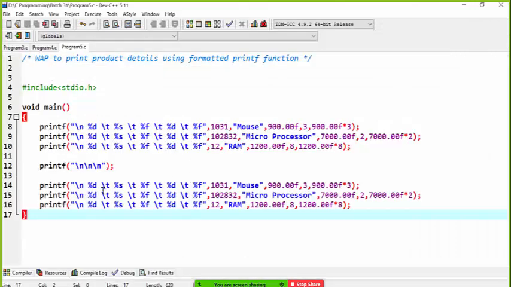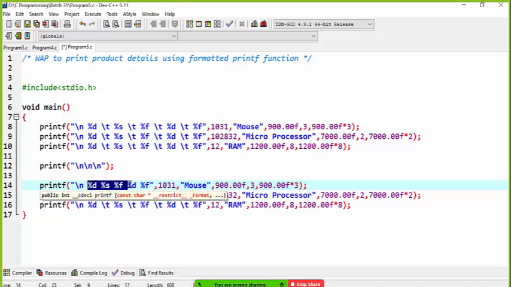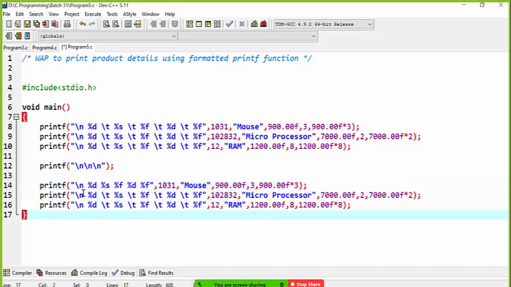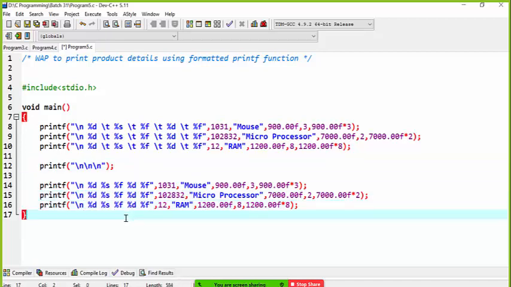What I'll do is remove all the slash t, making it like the previous print function. Let me do this fast. I copy from the first, and here I replace the second, third statements.